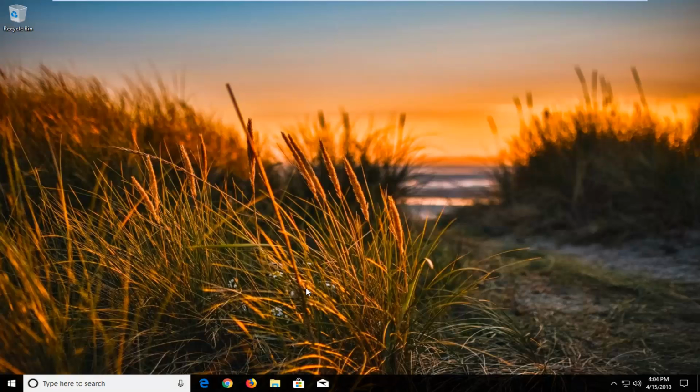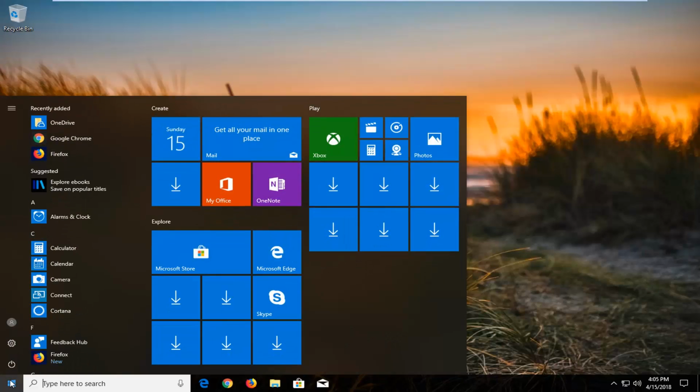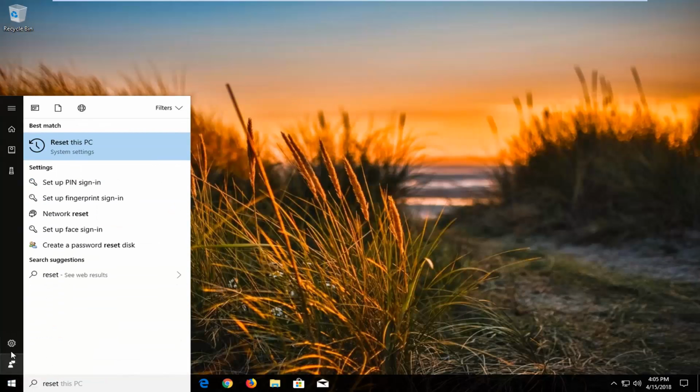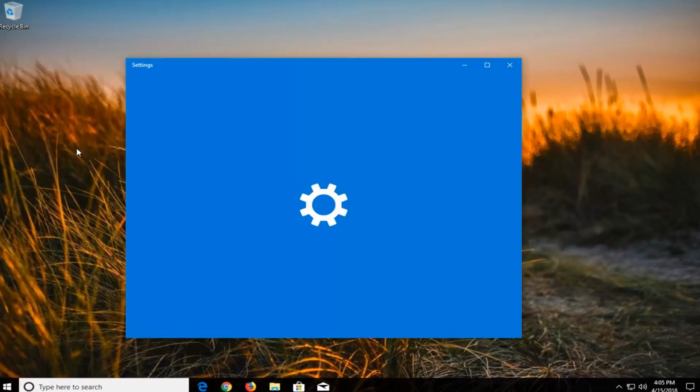So we're going to begin this tutorial off by opening up the Start menu just by left clicking on the Start button one time, and in the Start menu you either want to type in Reset, or you can go through the settings menu as well and go underneath recovery, but I think it's easier just to go in the start menu here and just type in reset, and the best match should say reset this PC right above system settings. Left click on that one time to open up this screen here,